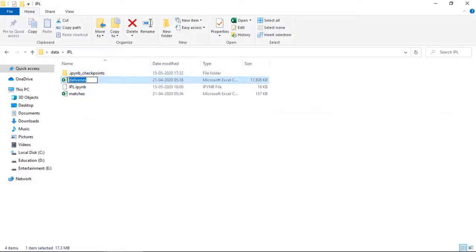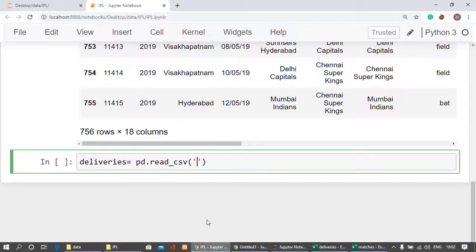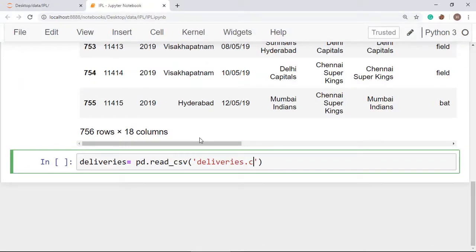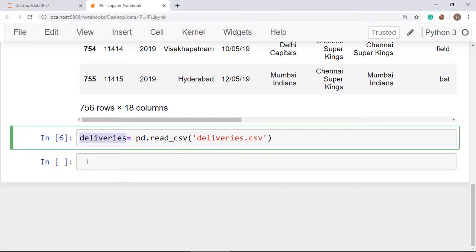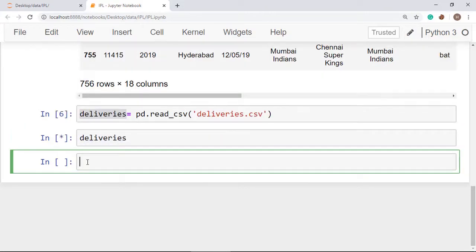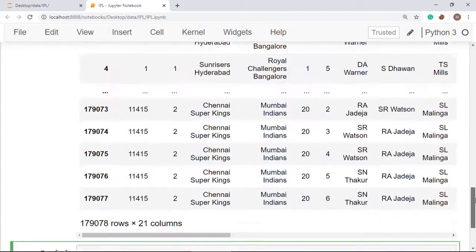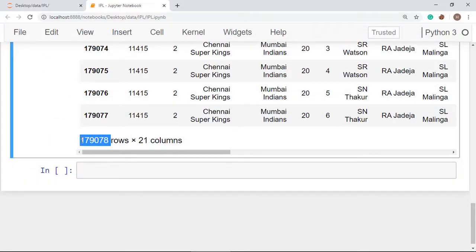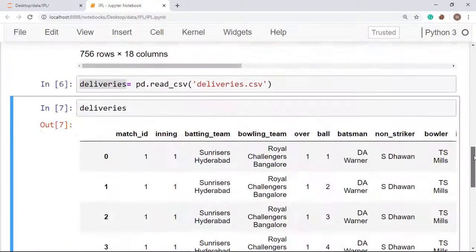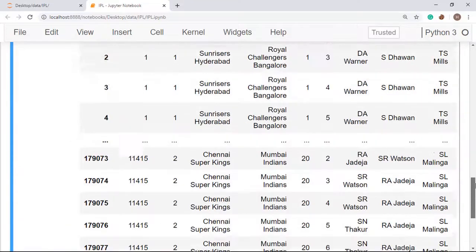You will be getting the file name, put it here and put .csv at the end. So we have done this. Place it here and you will be getting the value like this. Here you will get 1,79,078 rows.